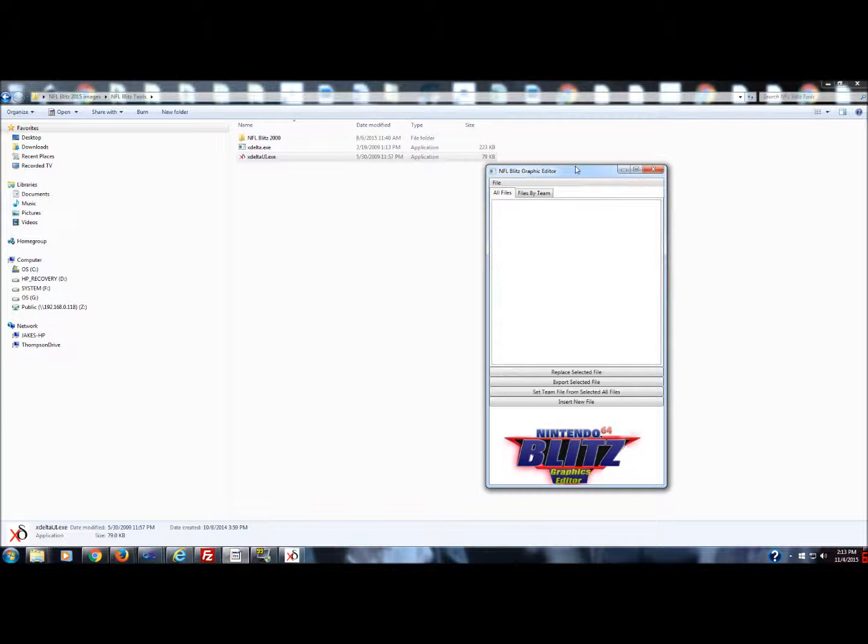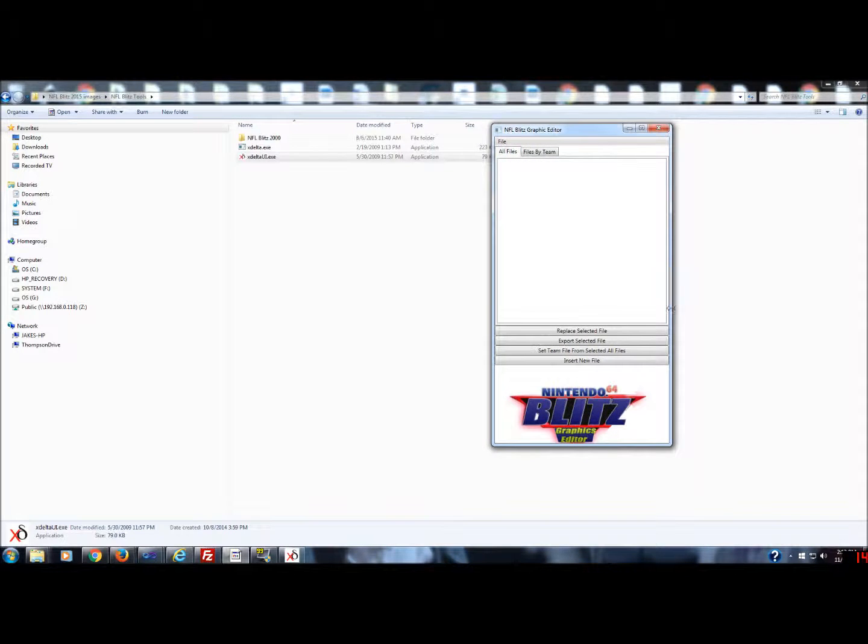Today I'm going to show you how to use the Nintendo 64 Blitz graphics editor. Currently, this graphics editor only supports Zoinkity's Blitz 2000 for the N64